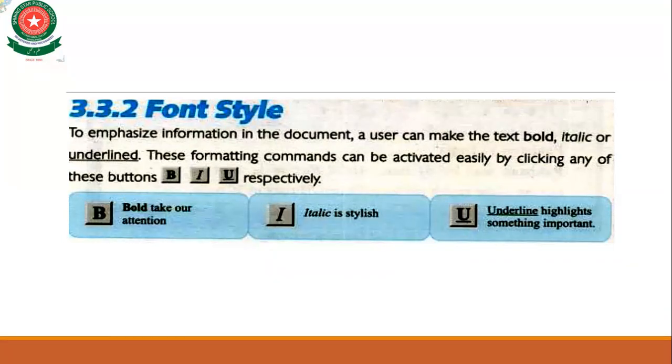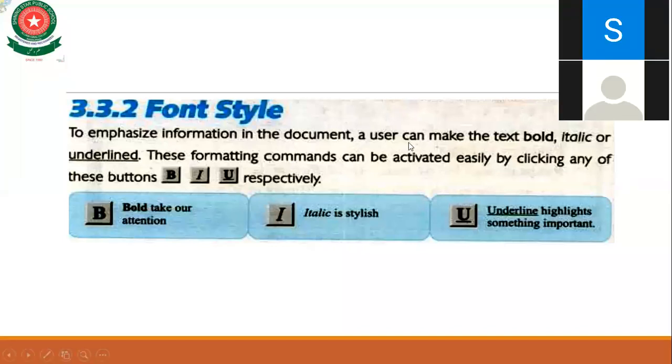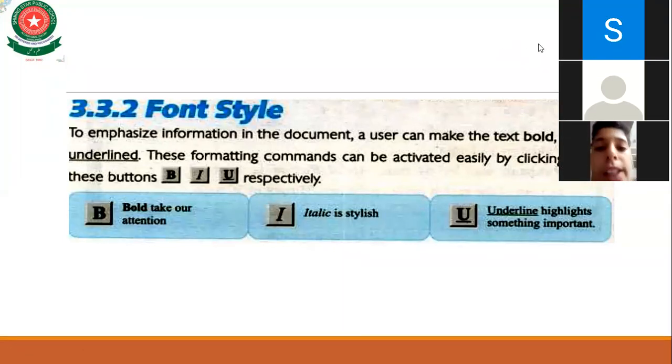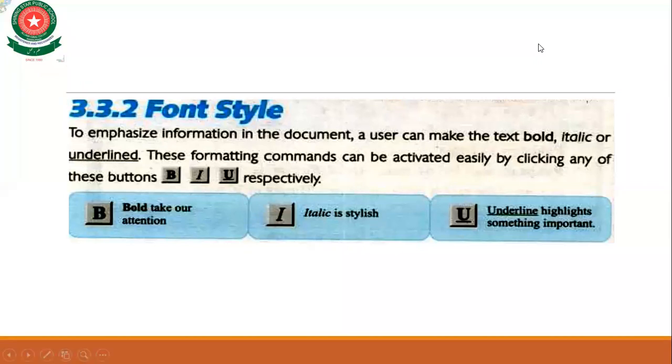These formatting commands can be activated easily by clicking any of these buttons respectively. So these are the three features: bold takes our attention, italic is stylish, underlining highlights something important.